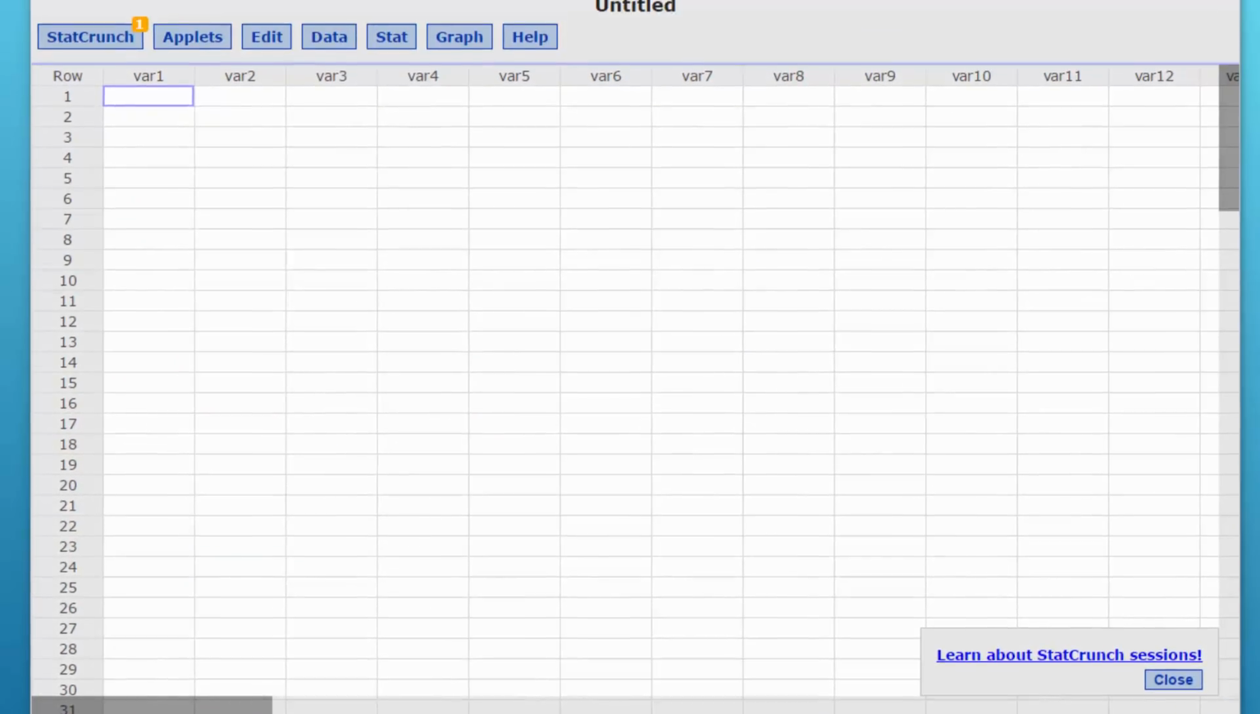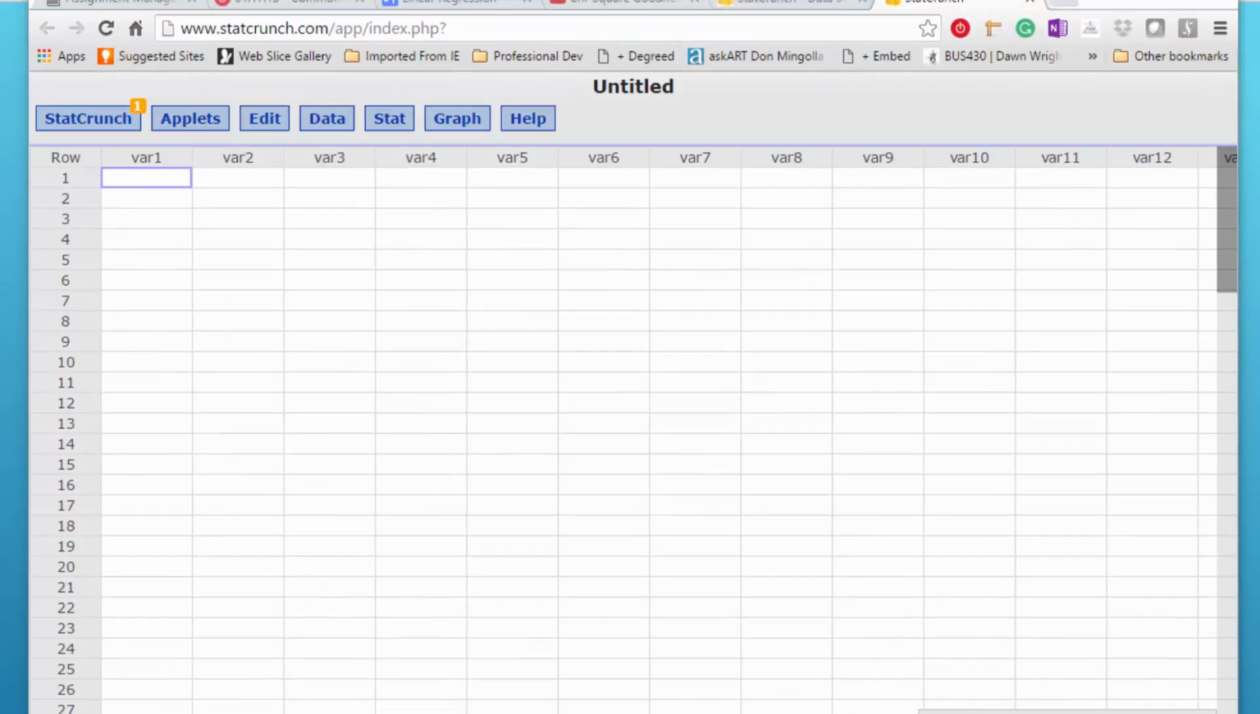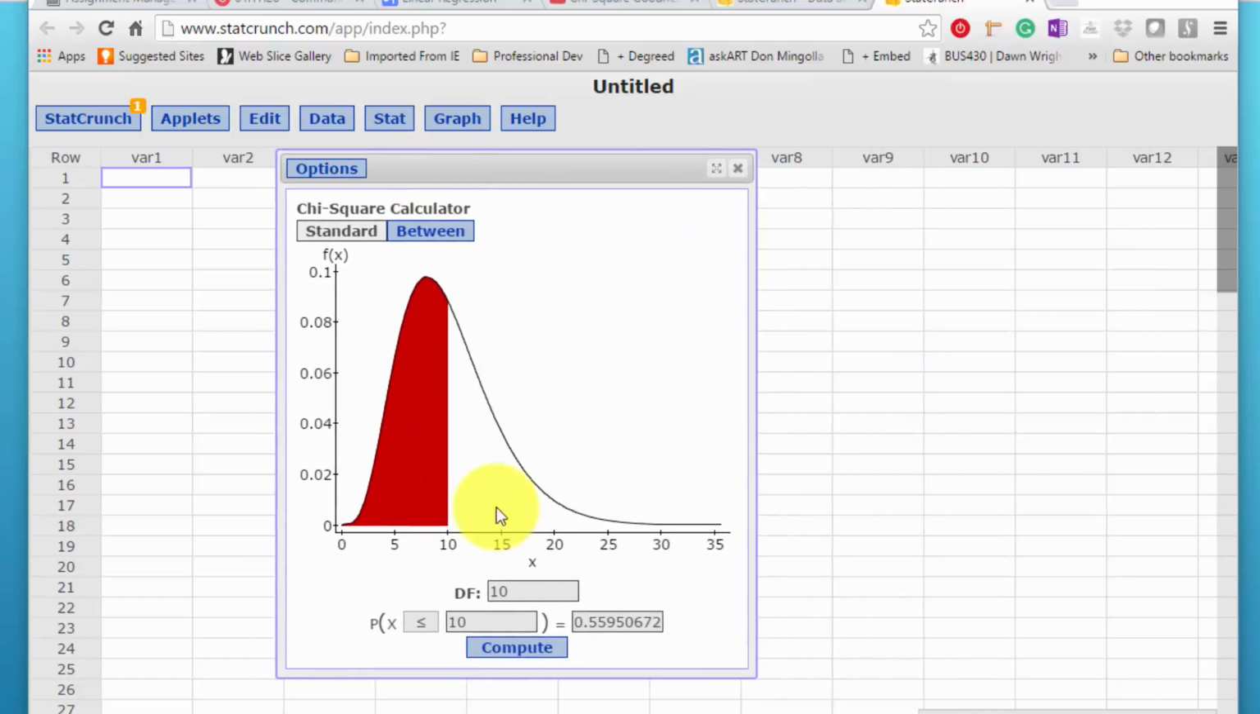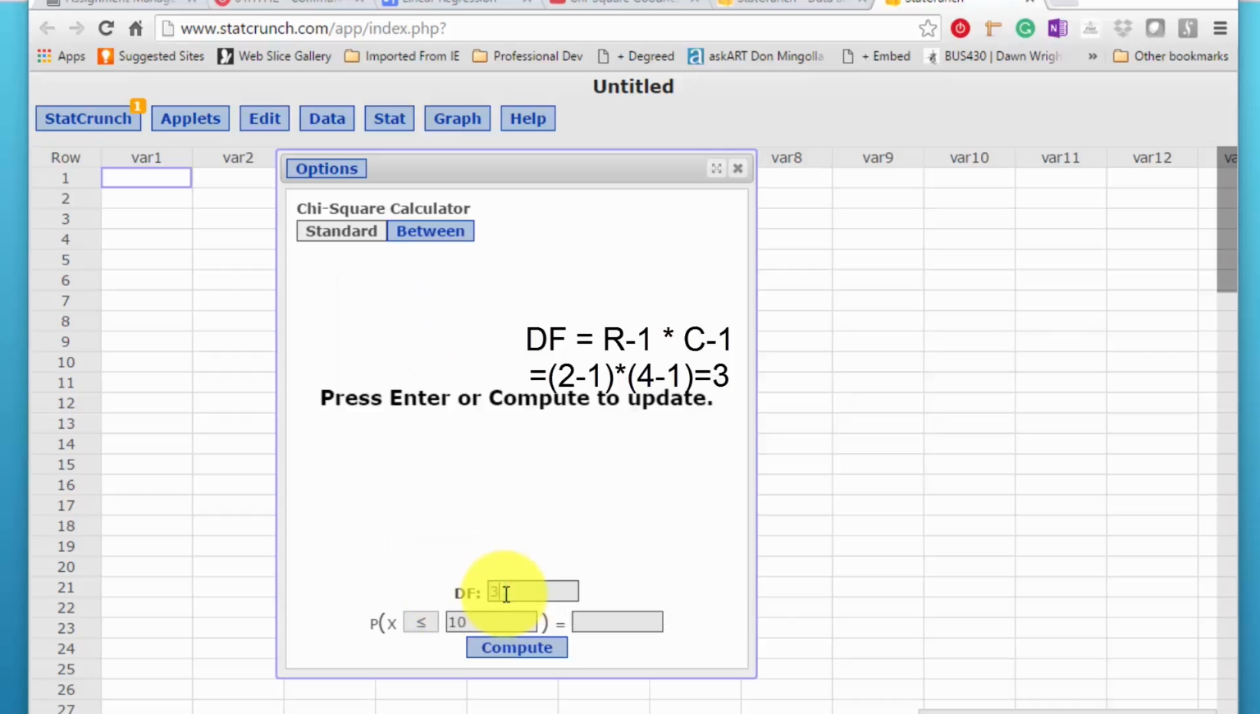Just for the heck of it, you know how much I like to see the graphs of the distribution functions. I'm going to use StatCrunch to calculate the critical value of chi-square and also show us the graph. So I'll go to calculators. Whoops, there's chi-square. We've got to put our degrees of freedom, which remember was the rows minus 1 times the columns minus 1,